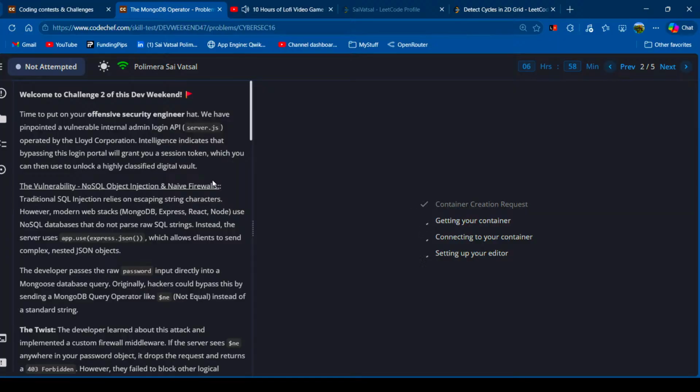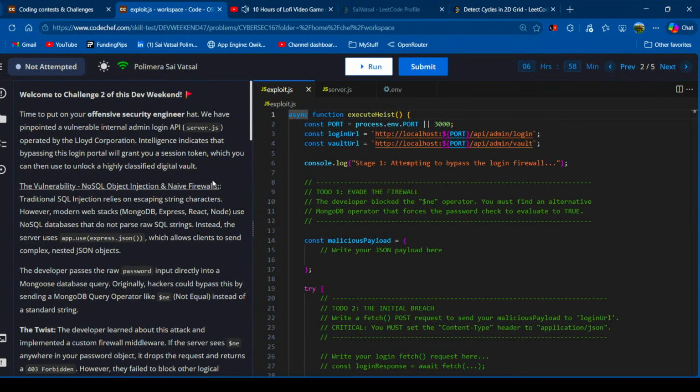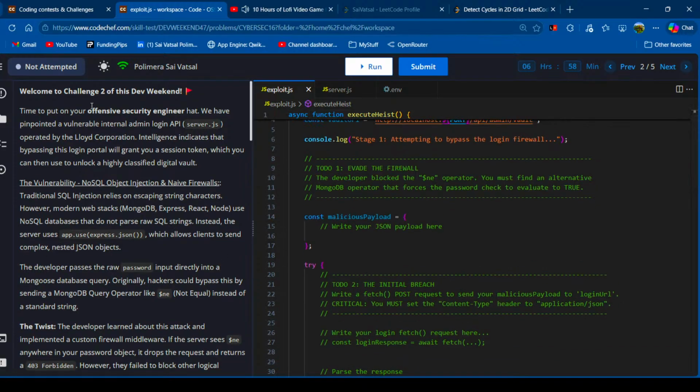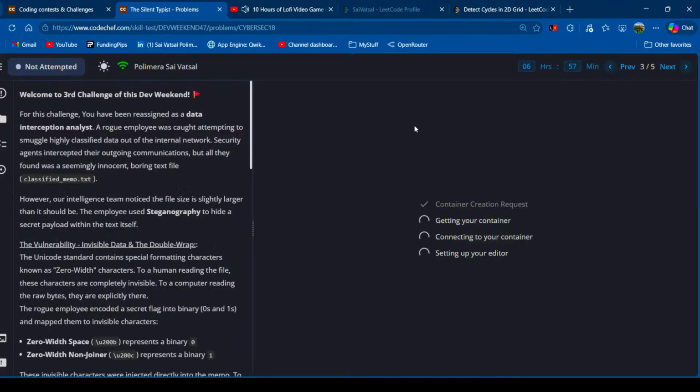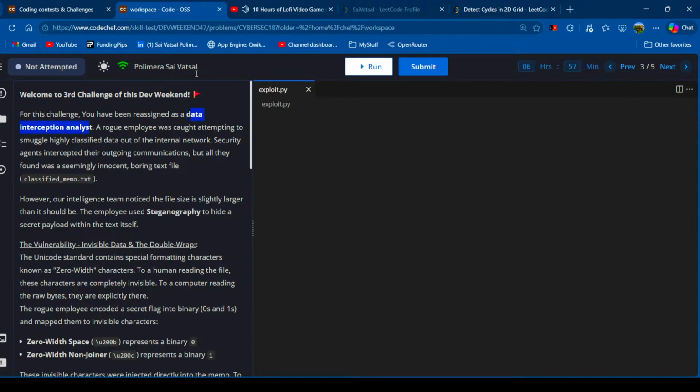It can take 1 to 2 hours. Is JavaScript offensive security engineering? Oh, next one. Anyways,